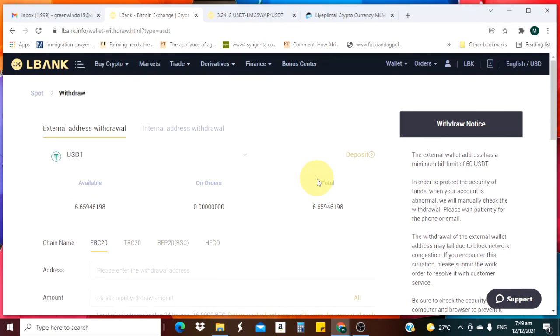That is how you link your LivePayMall account to L Bank, make a withdrawal, swap the Limo coin into USDT, and transfer the USDT to another platform. That is what we want to show in this video.